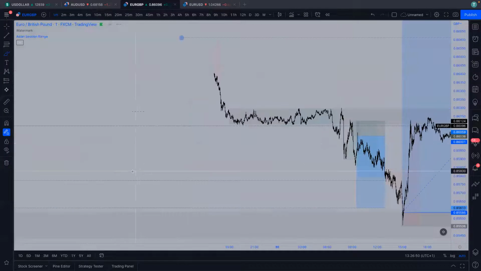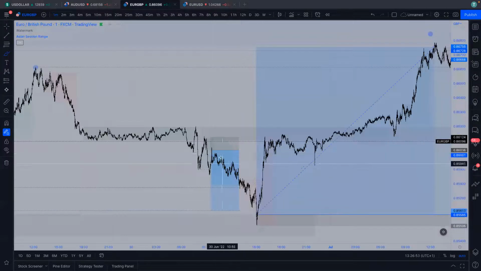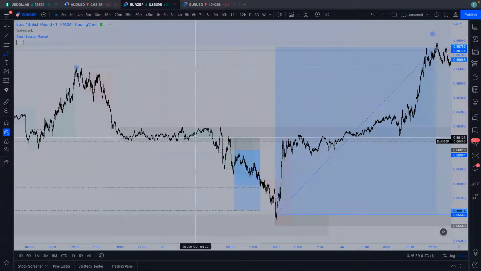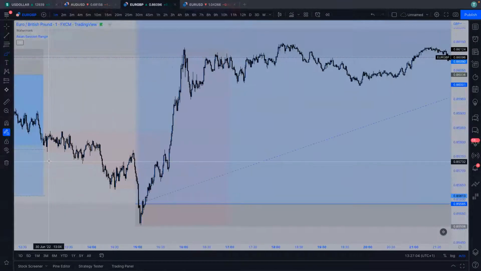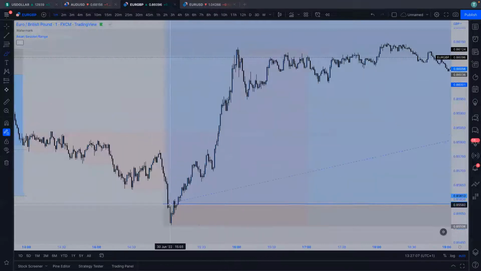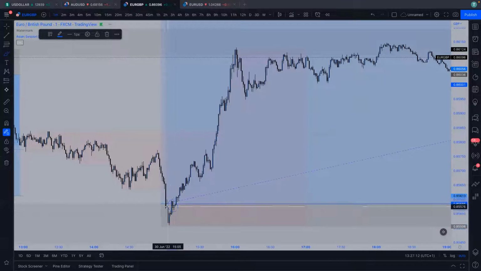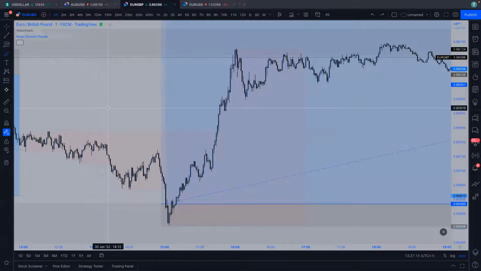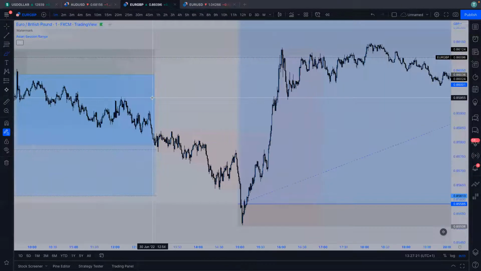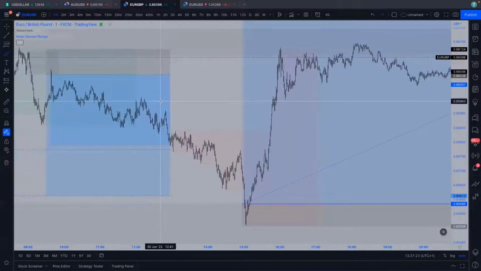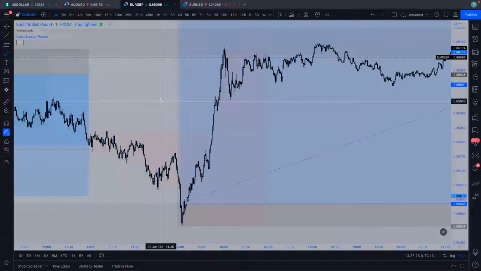On the higher time frames, I'd been waiting for all of this move to happen and get manipulated, but I was always expecting this long move. And I had a feeling that if this move is going to come, it's really going to pump. So after price had that manipulation and came back down, and I saw this super clean Marubozu candle, we had started a little bit of a shift, and my spreads were getting a little bit wider. I just had a gut feeling that price was going to move. And I know in trading you shouldn't be going off a gut feeling, you should be going off what you're actually seeing. But I took a risk on this one. I used my initiative and what I thought was really happening.